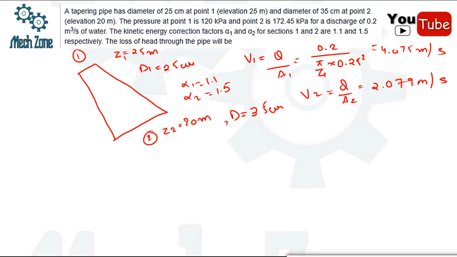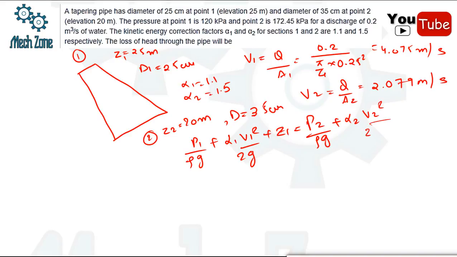तो अब हम क्या करेंगे, अब हम अप्लाई करेंगे बर्नौलीज इक्वेशन. So Bernoulli's equation: P1/ρg + α1 V1²/2g + Z1 would be equal to P2/ρg + α2 V2²/2g + Z2. सो ये हो गई हमारी बर्नौलीज इक्वेशन. अब हम इसमें वैल्यूज पुट कर देंगे. बस हमें क्या ध्यान रखना है, प्रेशर is 120 किलो पास्कल. तो किलो पास्कल से हम उसे पास्कल में कन्वर्ट कर लेंगे. तो ये हो जाएगा 120 × 1000 / (1000 × 9.81) + α is 1.1 multiplied by